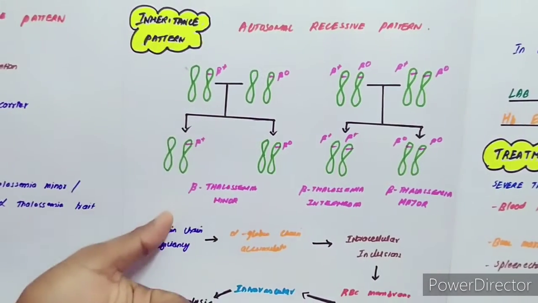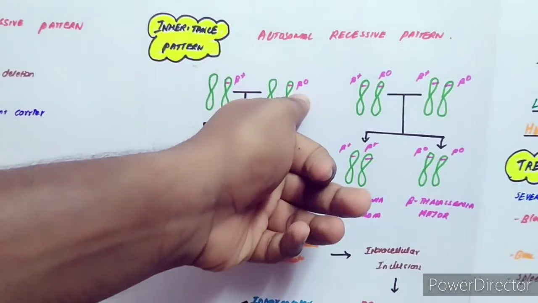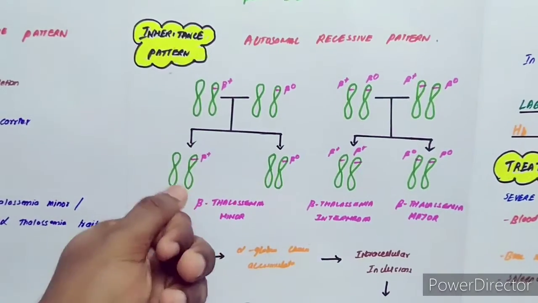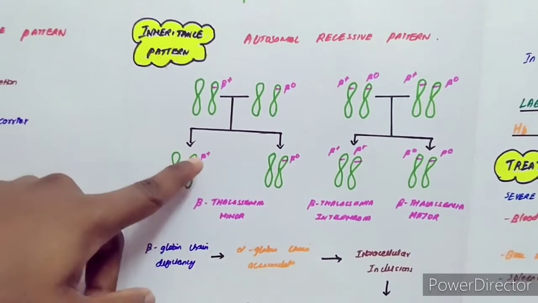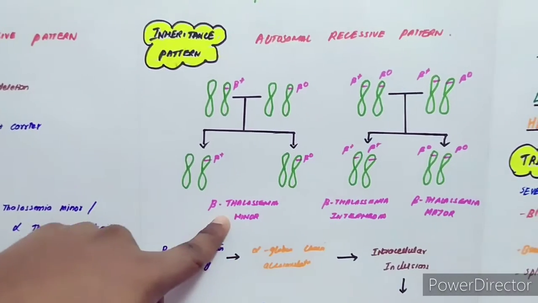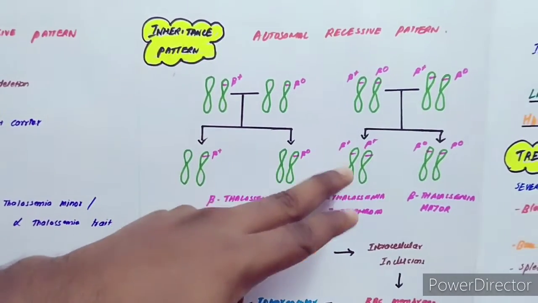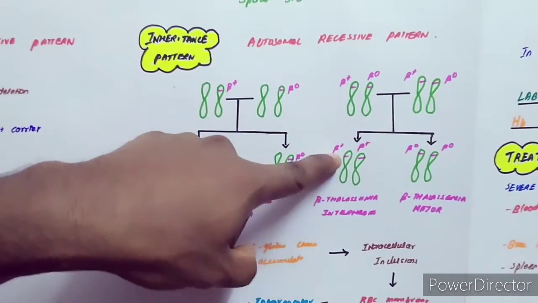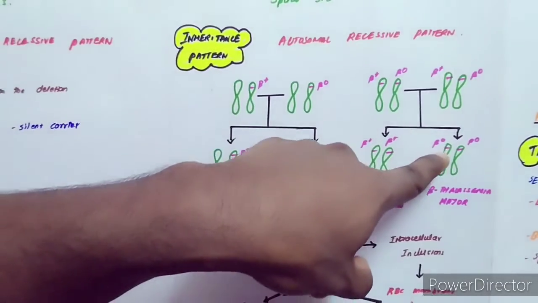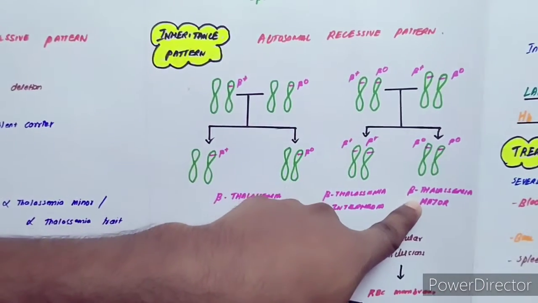Now, if a single gene is mutated, beta plus indicates reduced production of the beta globin gene, and beta 0 indicates no production of the beta globin gene. If only one beta plus or beta 0 gene mutation is inherited, then the condition is known as thalassemia minor. If two mutated genes for reduced production are inherited, it is beta thalassemia intermedia, or if two genes for no production are inherited, it leads to beta thalassemia